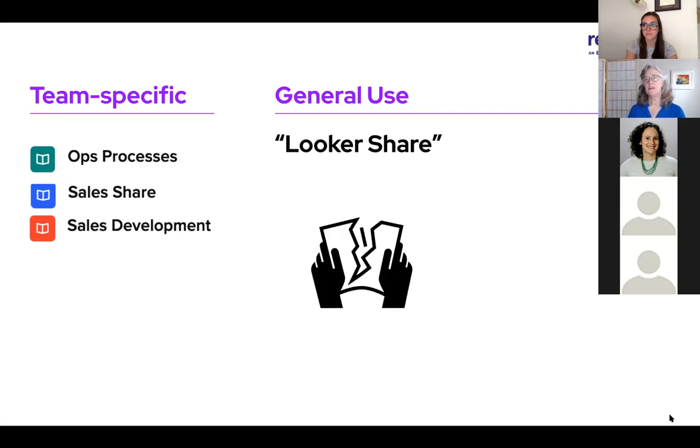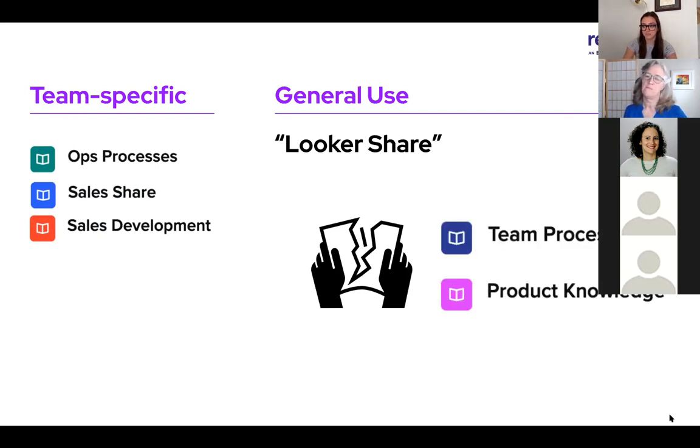When we started putting things on boards, which for us happened fairly late, as I put things on boards, I discovered that we really had two things in that general one: team processes and product knowledge. So we split them. As I talk, sometimes I'll be talking about all of these collections, sometimes both of the general use ones. I'm especially going to talk about the product knowledge one because that's mission critical, and we've worked a lot on that.